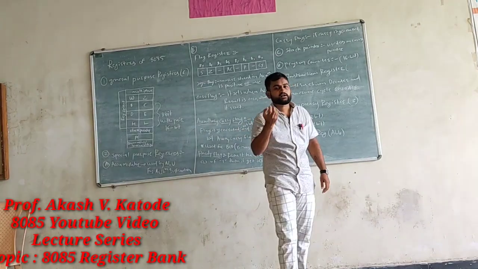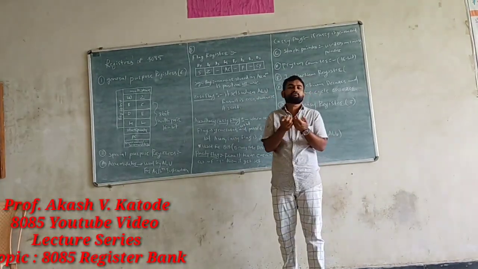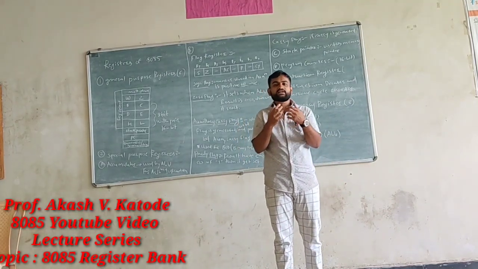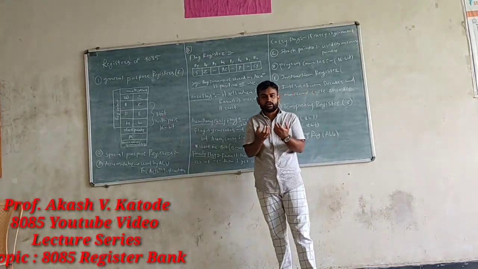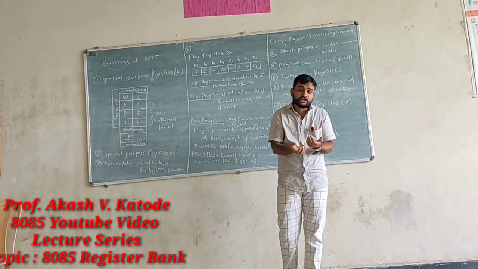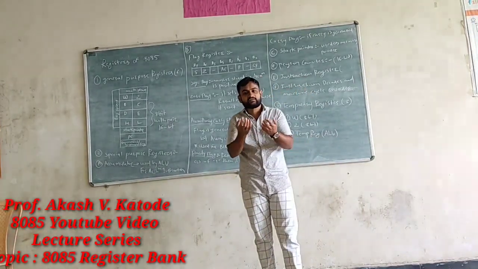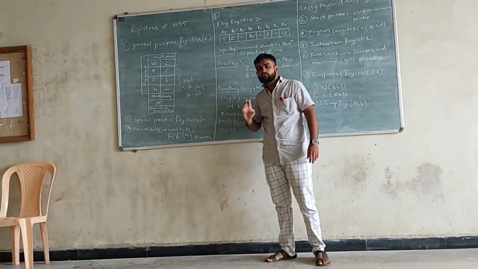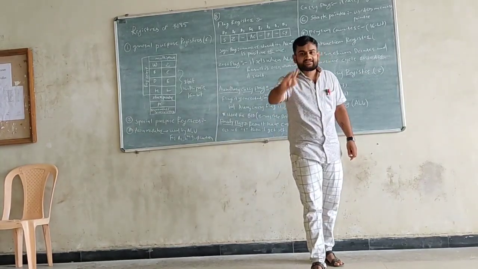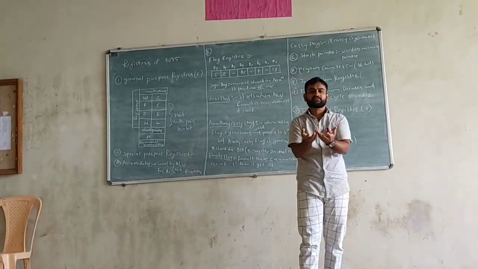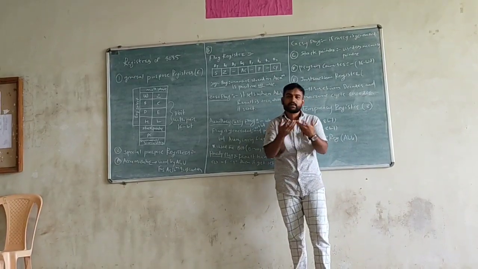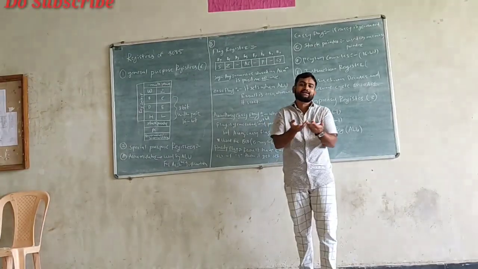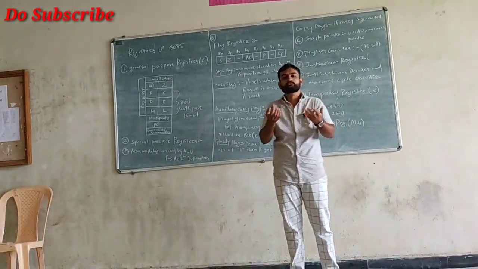So what is the meaning of a general purpose register? We first have to define it. General purpose means it is available for the coder and user. We can specify and use that register by using assembly language. What it means is that your microprocessor 8085 has a total of 6 different registers. Inside these 6 general purpose registers, you can store the operands and the data, and you can specify that register by using assembly language programming.